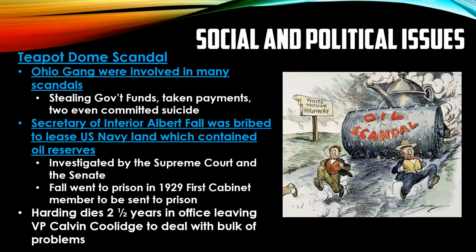Now, one of the biggest things that goes on under Harding's presidency, and this goes back to his cabinet members and why the Ohio Gang was viewed very negatively, they were involved in a lot of scandals. They were accused of stealing government funds, taking payments from big businesses. Two even committed suicide from the pressure of what was being put onto them about whether they were involved in illegal activities. And then we have the Secretary of the Interior, Albert Fall, who was bribed to lease U.S. Navy land, which contained oil reserves